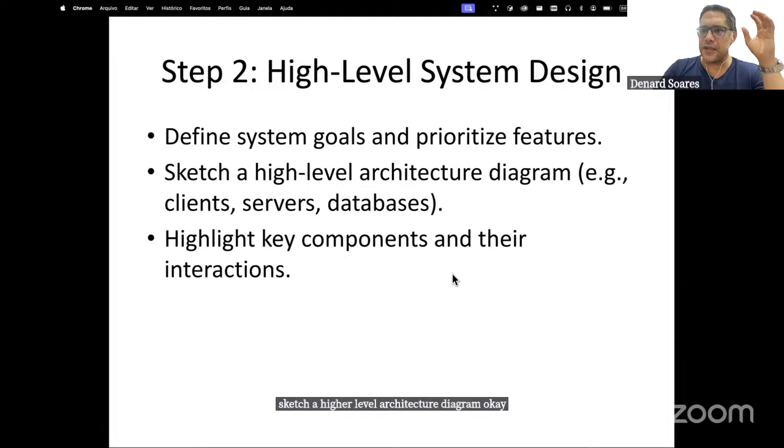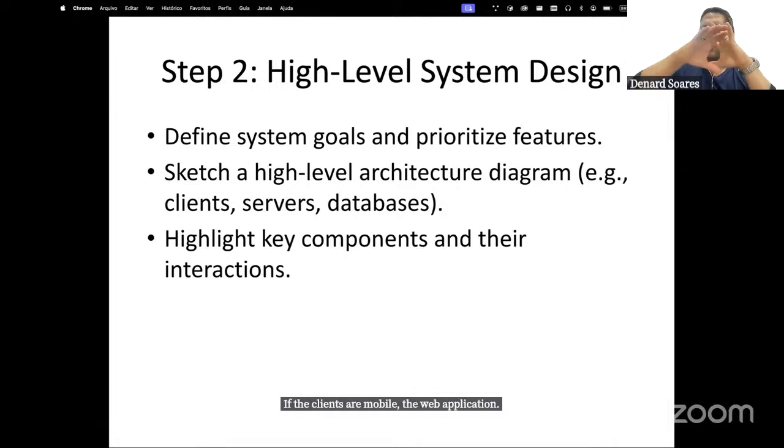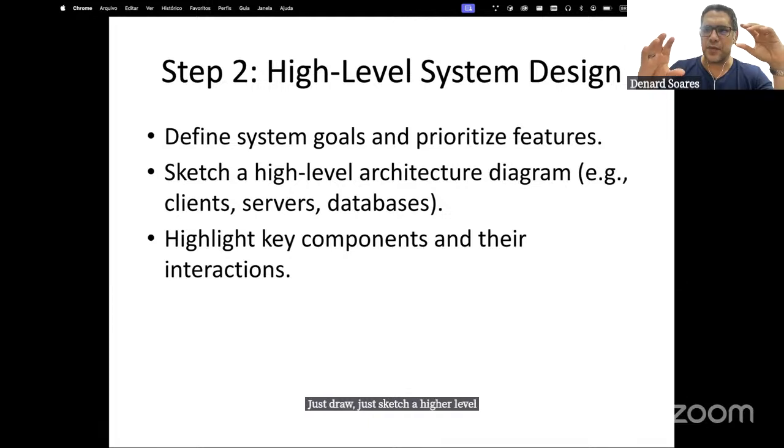The clients, the main servers, the database, the entities. Whether you're using microservices or a monolith, whether the client is mobile or a web application, just sketch a higher level diagram so everyone can be aligned on the solution, okay?